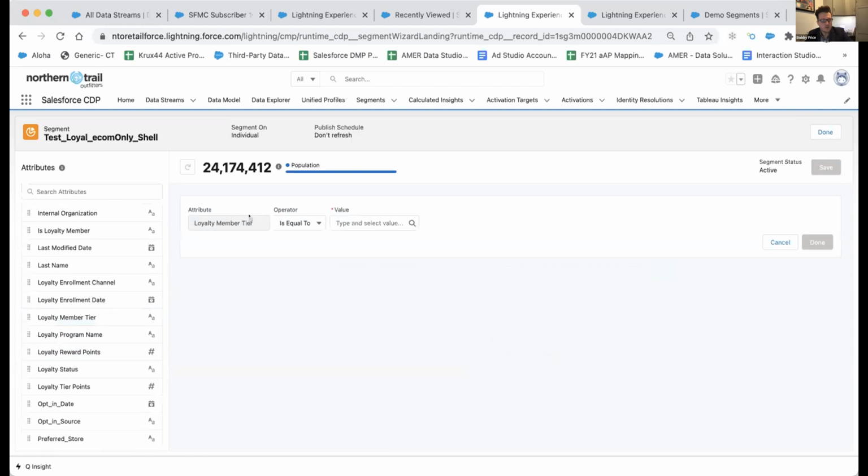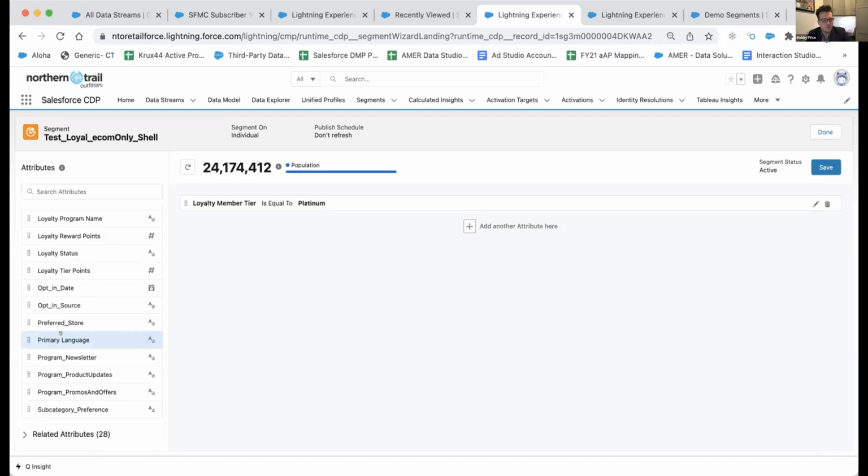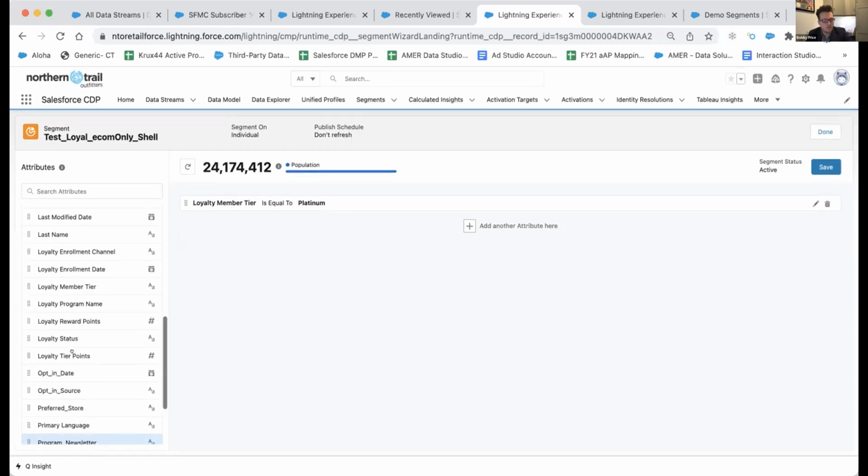We have attribute is loyalty member. We can change the operator to, it defaults to is equal to, or we can change to has no value, is equal to, contains whatever. We'll just keep it there and we'll type in is equal to platinum. We'll hit done.